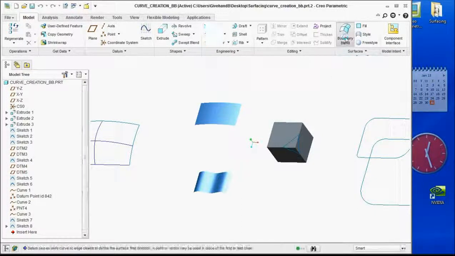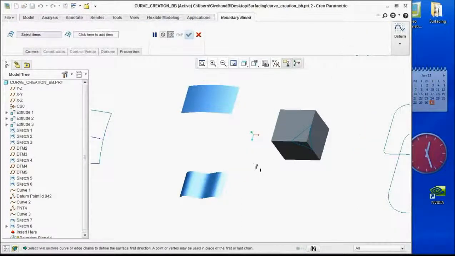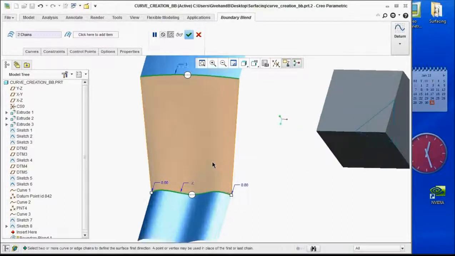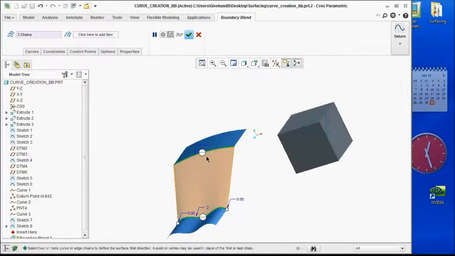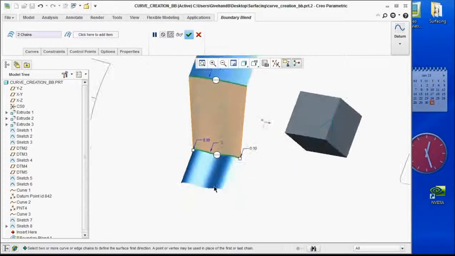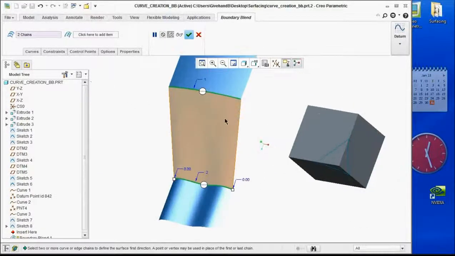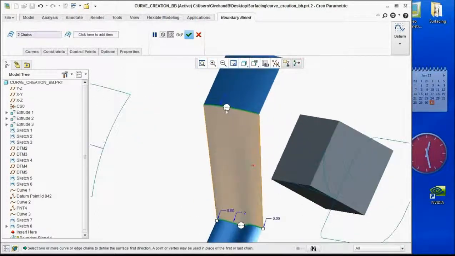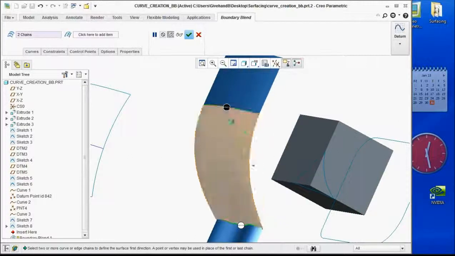Okay, so here is boundary blend, and what boundary blend does is that I blend the surface from this shape, I hold the control button to that shape. Okay, now in simple form, all we're doing is blending from this shape to this shape right here. Now, what you have the ability to do, once you create something like this, is to control essentially approach conditions. So what I can do is right click and go tangent,